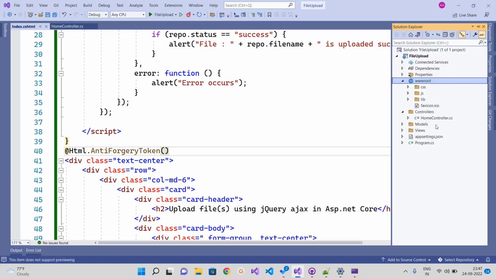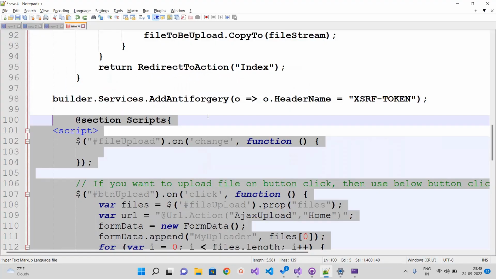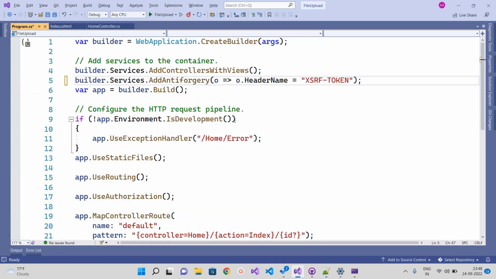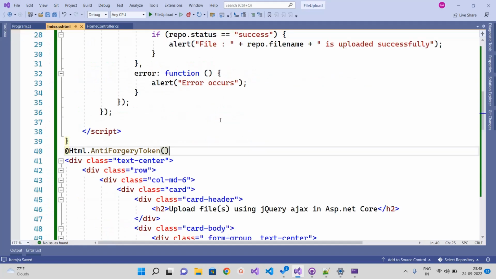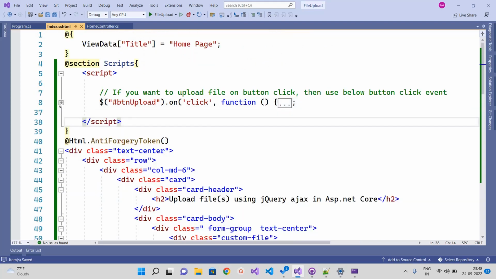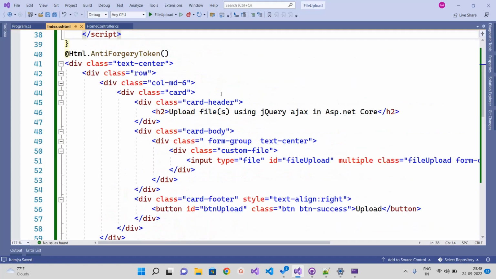To support this, in the Program.cs we have to tell our service we want to append an anti-forgery token into our request. So simply we will tell our service in the ASP.NET web app we want to add an anti-forgery token. Okay, so now our Ajax method is ready,